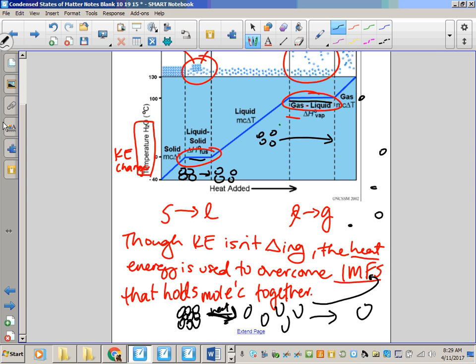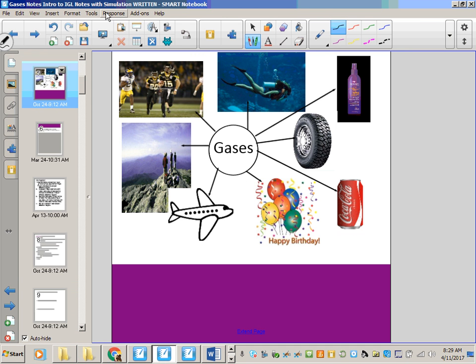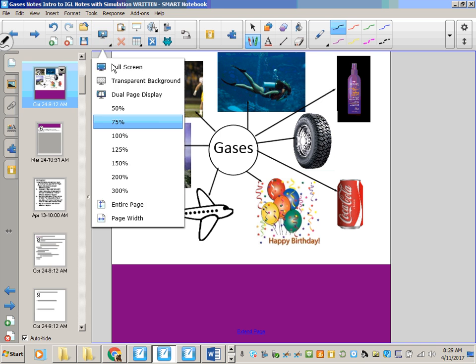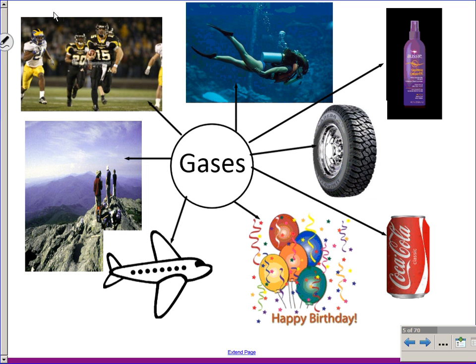All right, we're going to move to gases now. I'm going to give you about two minutes of a break from me. I keep pulling up the wrong slides. I want you to talk about all the variables that you see here with gases. Go. Think of all the variables that can impact gases. Pressure,